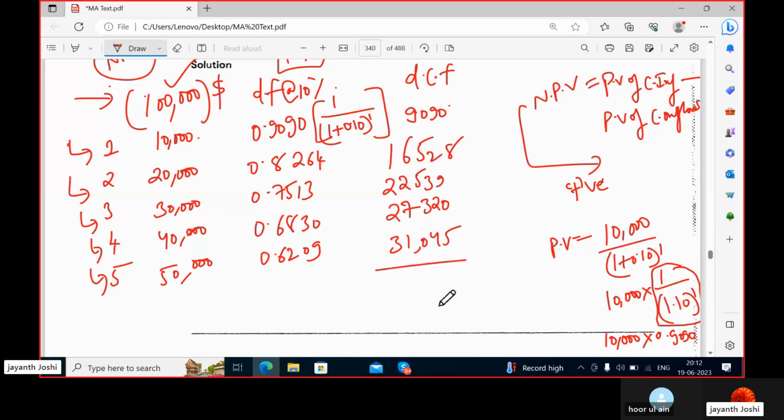Now we are going to add all these values and find out the cumulative